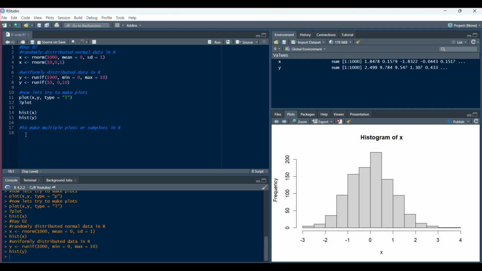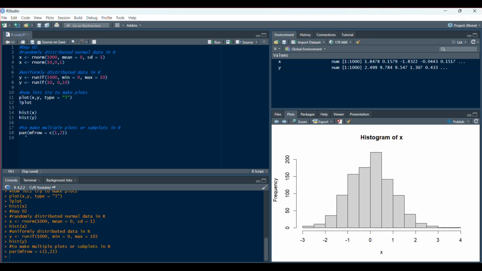For that, we need to use a function called par, and inside the function we need to give the number of rows and number of columns that we want, right? So mfrow, which specifies how many rows and columns. We give 1 row and 2 columns. And after that, I just copy this over here,